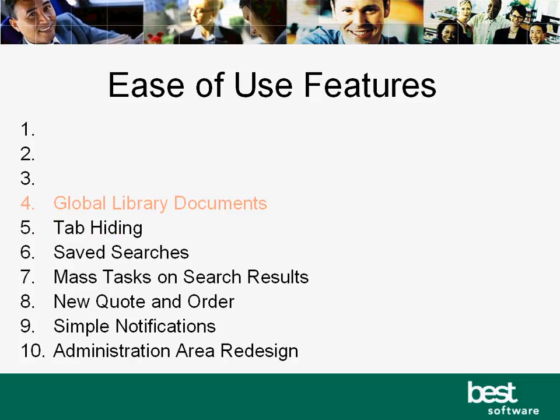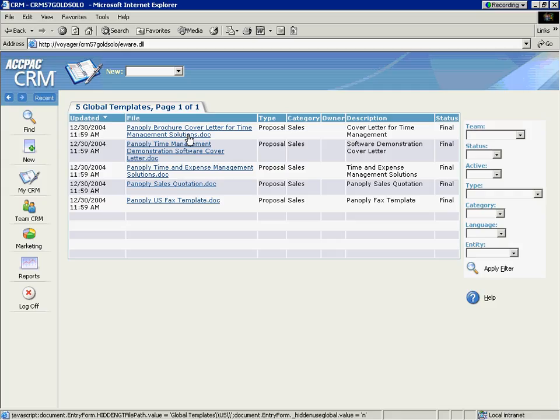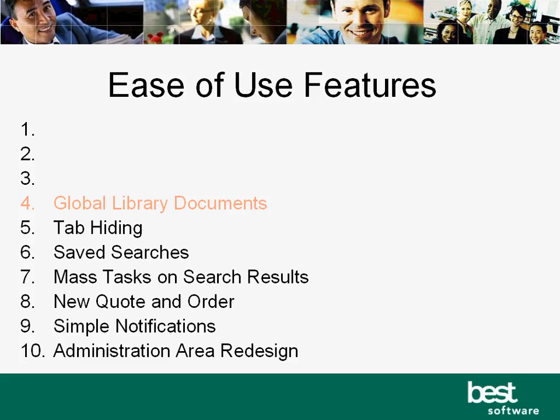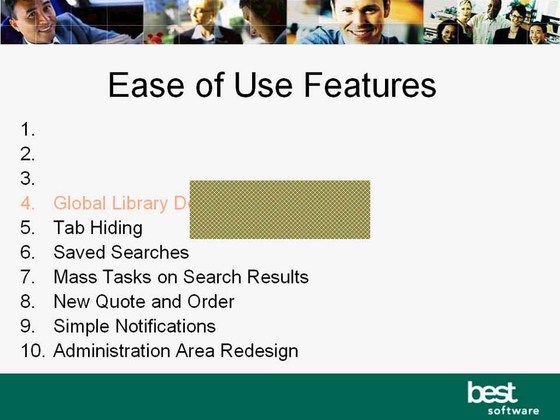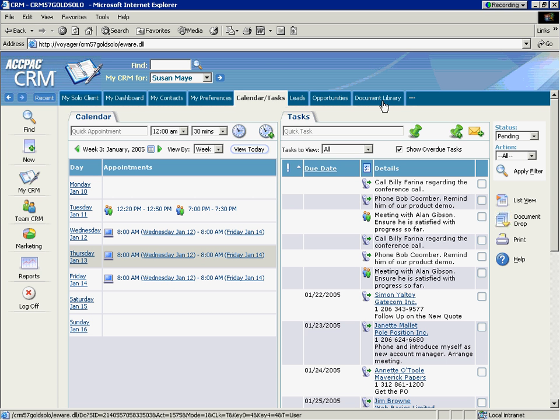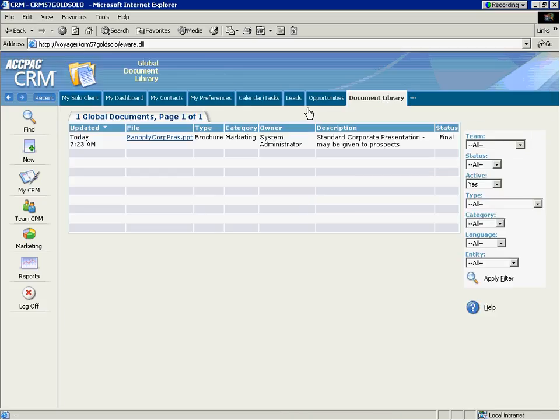Number 4 on the list of ease-of-use features in ACPAC CRM version 5.7 is global library documents. Information managers and the system administrator can now make documents available to some or all users, depending on their security rights, which saves them having to separately administer documents outside of the CRM system. For Susan, this means that she gets a new tab called Document Library, and she gets a list of all of the documents that are available to her for use from within ACPAC